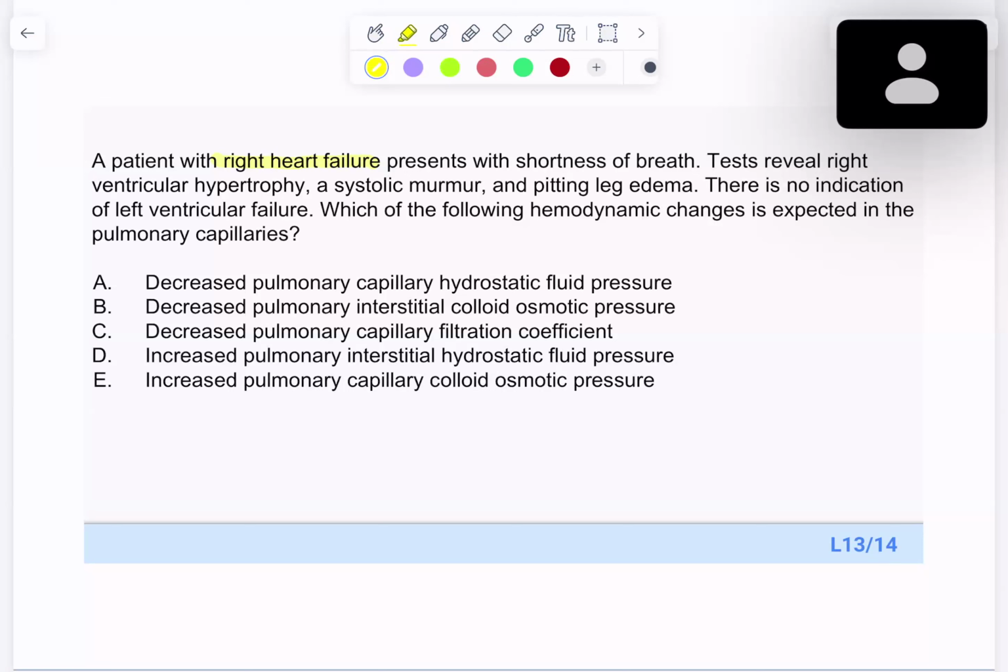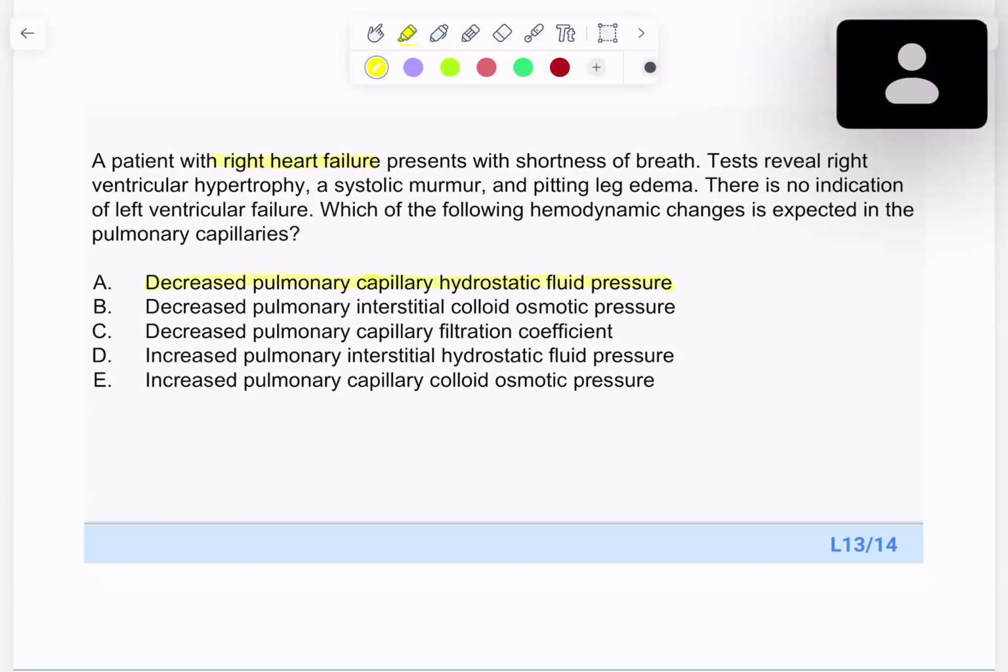A. Nice. What else do you guys think? A. Okay, excellent. The answer is A. And the reason why is because we know that the right side of the heart pumps blood to the lungs, right? And if the heart as a pump is not pumping so much as well as it used to, then the capillary hydrostatic pressure the blood usually exerts is going to decrease,